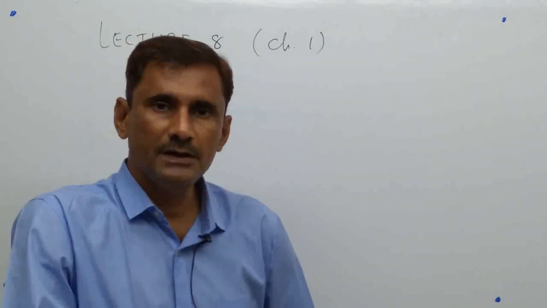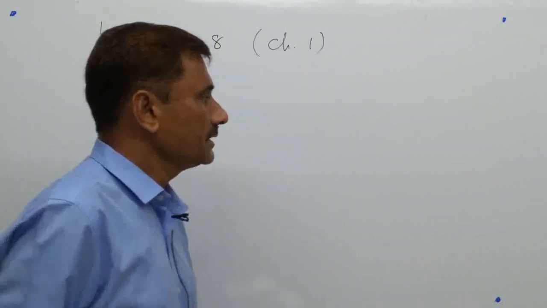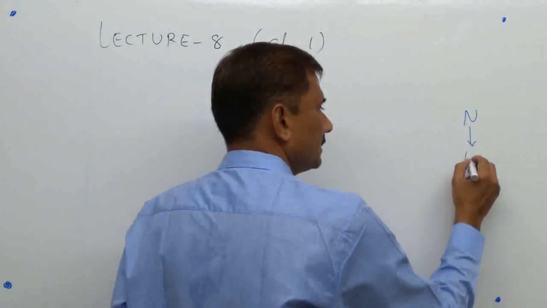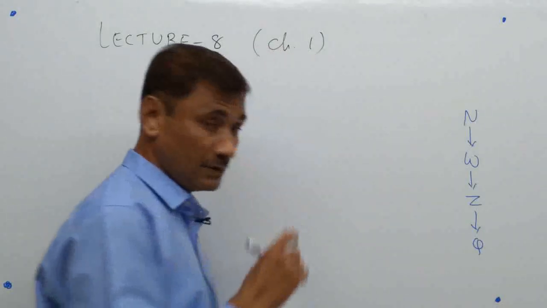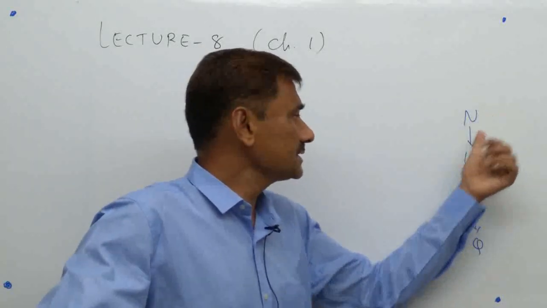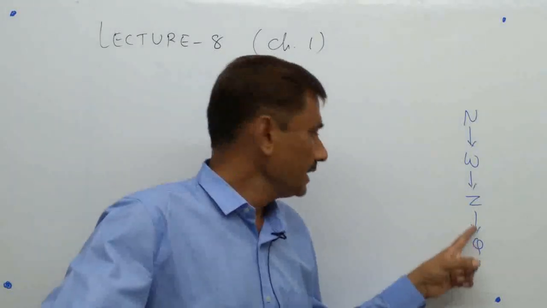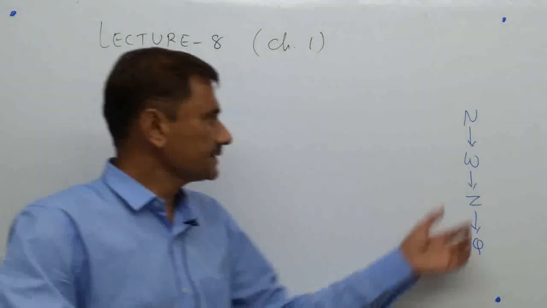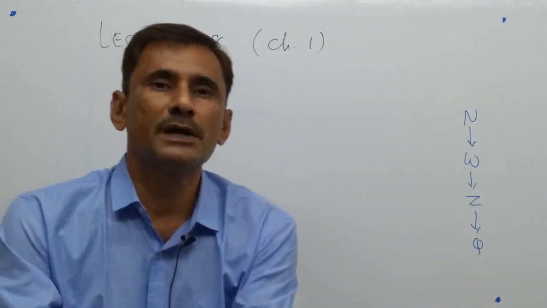They are natural numbers N, whole numbers W, integers Z, then Q, rational numbers. So N, W, Z and Q, and then R also will be there, but right now we just stop at Q only. So positive integers are here, here 0 and positive integers, here all integers, and here all integers as well as all fractions. So rational number means anything. This is the largest set, so any number can be denoted as a rational number.